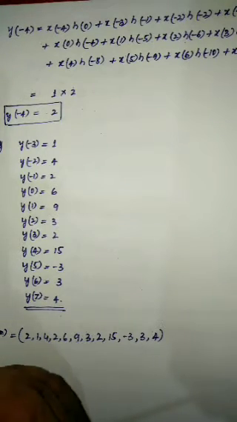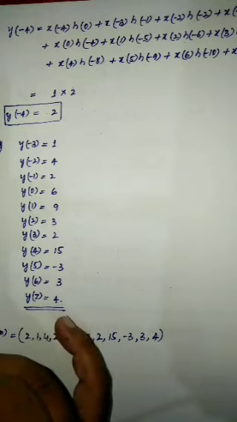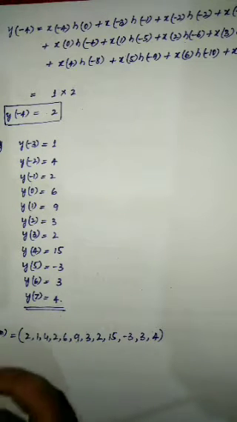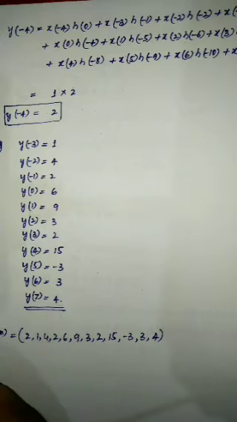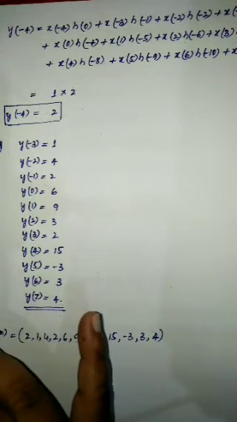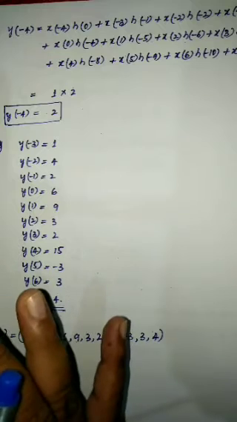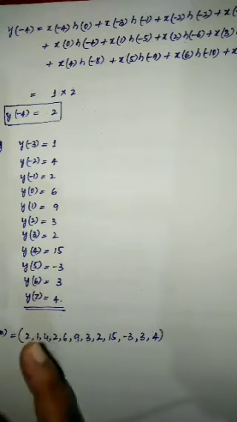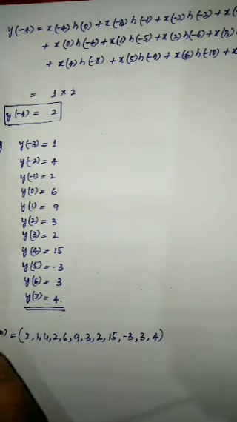If the first sequence starts from the origin, n1 will be equal to 0. If the second sequence also starts from the origin, n3 will also be equal to 0, and for whatever length is given, n2 and n4 will vary. Right, this is how the linear convolution between any two sequences can be calculated.